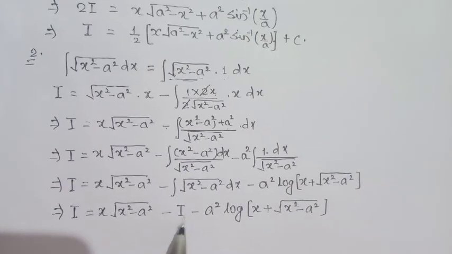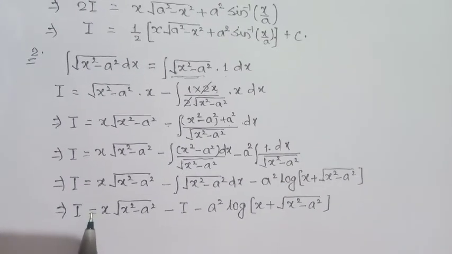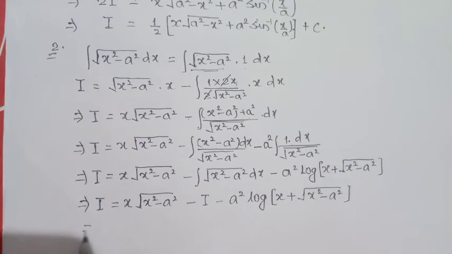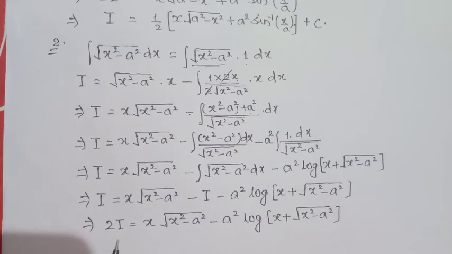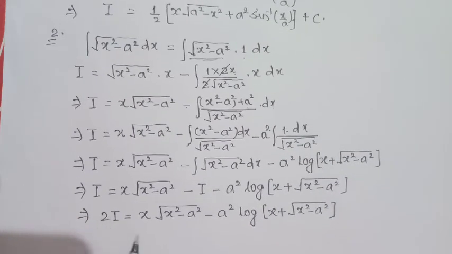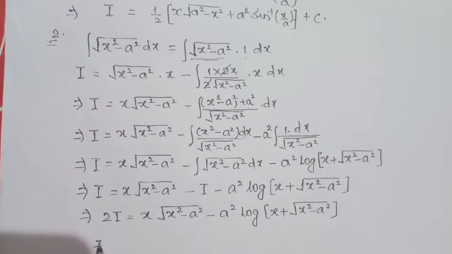This I on the left side becomes positive and it reduces to 2I is equal to x into under root x square minus a square, minus a square log of x plus under root x square minus a square. And finally 2 comes to the right side on division. Finally your integration is